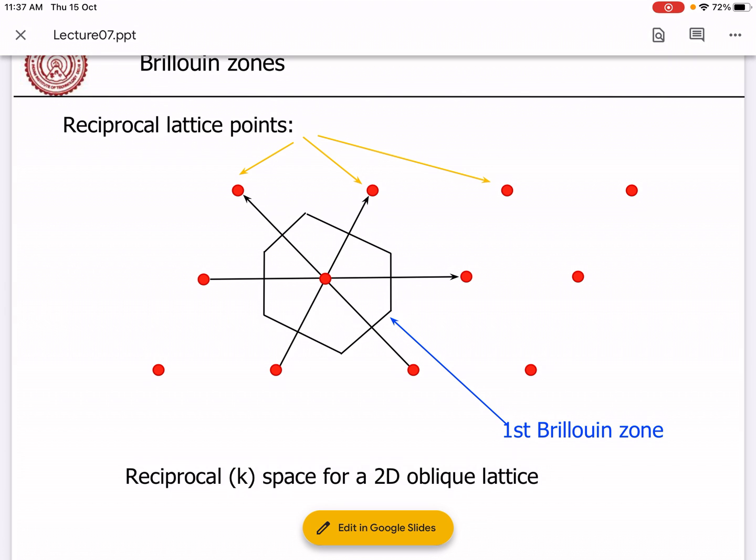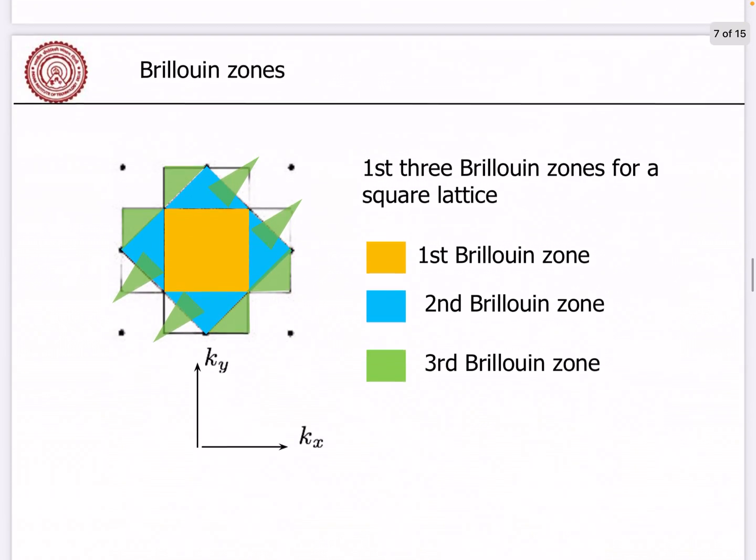Now for the second Brillouin zone you have to go to the next nearest neighbor. So you connect the next nearest neighbor to the central point, and similarly you draw the perpendicular bisector, so you can determine the zone, which is called the second Brillouin zone, etc. Okay, so this is an example for an oblique lattice, and now let me come to